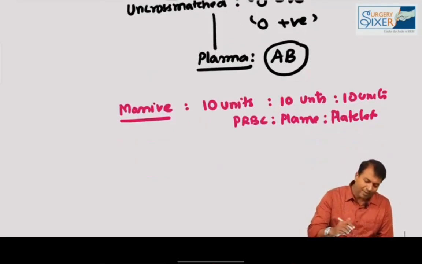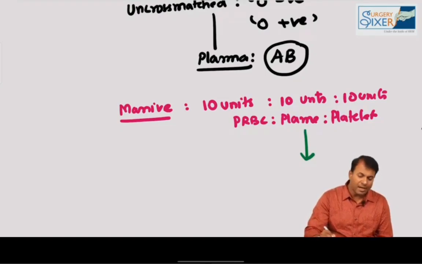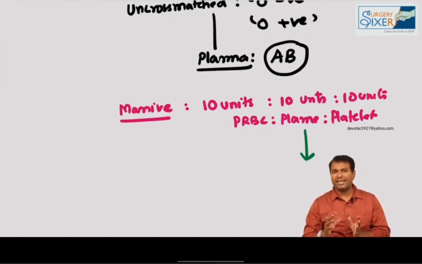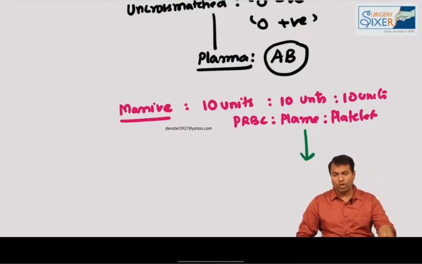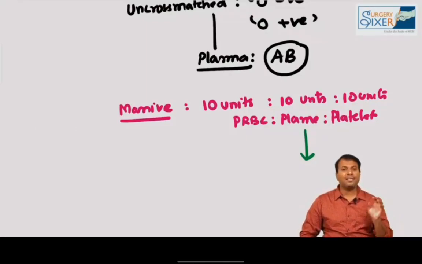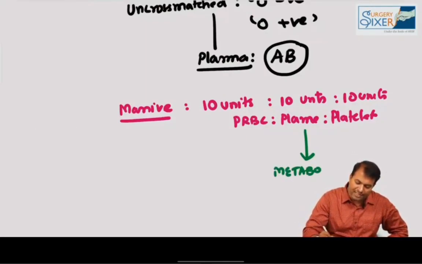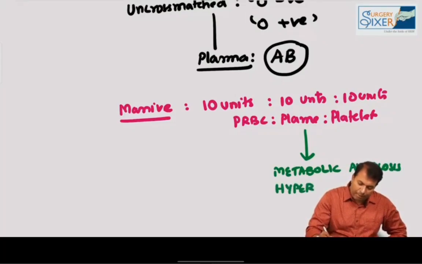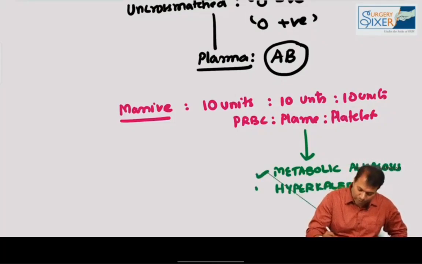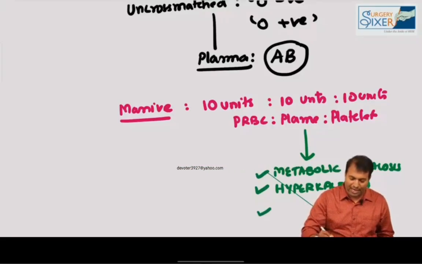When you do a massive blood transfusion, the major problem happening is because of the citrate phosphate dextrose component inside. Please understand this point, the citrate storage component gets converted to bicarbonate and results in a formation of so much bicarbonate in the body of the patient, so they get metabolic alkalosis. This is the question asked in recent days. So metabolic alkalosis happens. Hyperkalemia happens. So the important metabolic disturbances in a massive blood transfusion are hyperkalemia, metabolic alkalosis, and hypothermia,